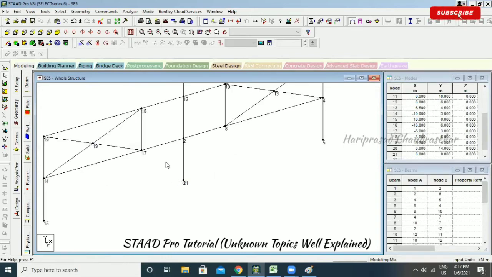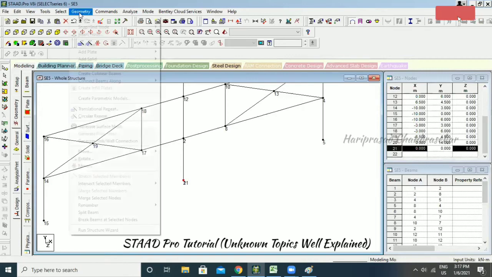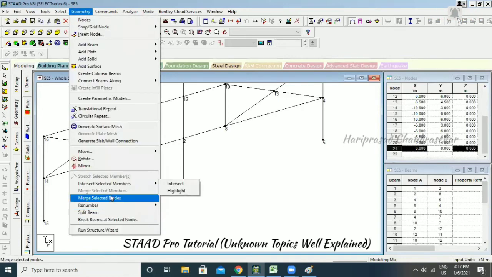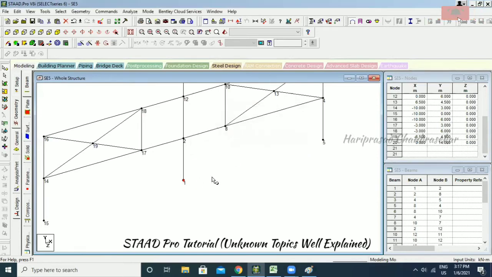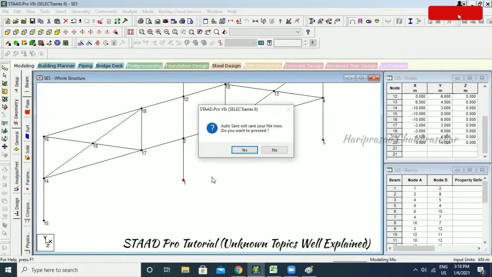Yeah. Okay. Now I can select the nodes, and you can go for geometry and then intersect. Not intersect. You need to go for merge the selected nodes. And you can go for keeping 1 or 21. So the created node having 21, you can go for 1 and click OK. See, now 2 nodes become 1 node. By mistake, it will be happening in our structure in most cases. In those cases, you can go for merging the nodes. Otherwise, you will get an error, or it won't consider. It will create some problem actually.